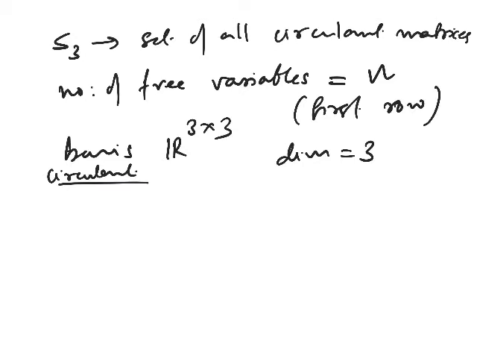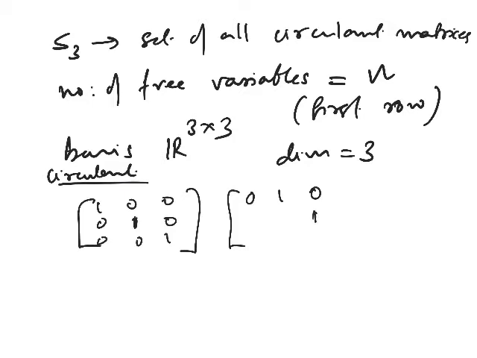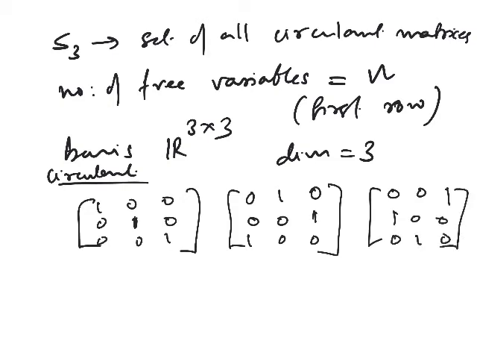Yeah, tell me the basis. Because the first element gets rotated to the second location here, which will get rotated to the third location here. So this is one of the bases. What would be the next basis? 0, 1, 0. And this one will come here. Then, right? And the last one is? So these are the three basis vectors.